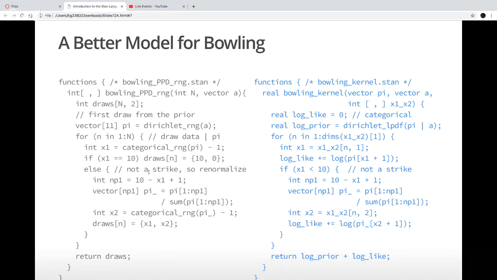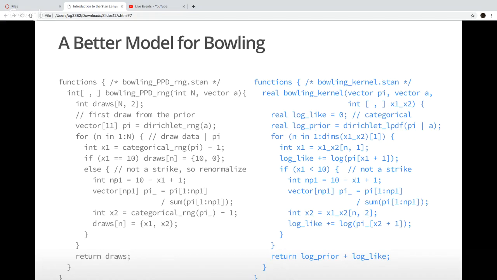But if it's not a strike, then the second roll of that frame happens. And so I'm going to need a conditional probability mass function for the probability of knocking down any subset of the remaining 10 minus x1 pins. So I define an integer np1, which is just 10 minus x1 plus 1.